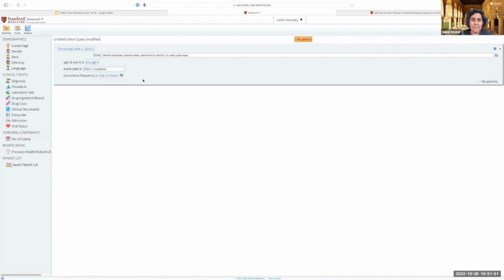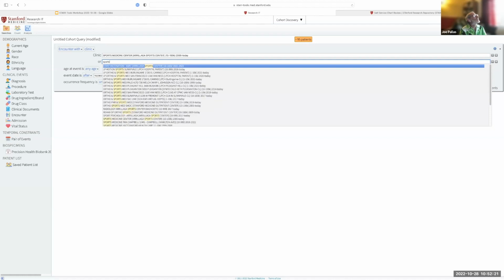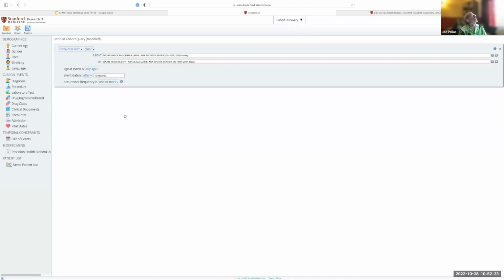Yeah, sure. Each of these gray boxes is a constraint, and within one constraint, you can have or operations. So I might say that I am interested in someone who went to the sports medicine clinic, or they went to, I don't know the clinic names, maybe sports psychology. So I might be interested in people who went to either sports medicine or sports psychology,